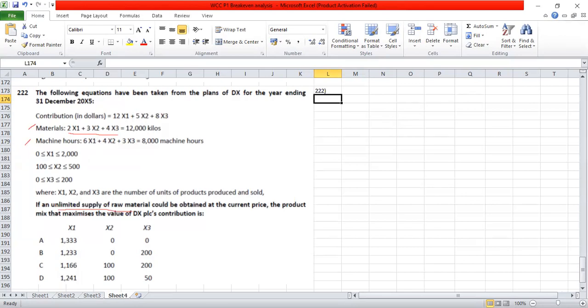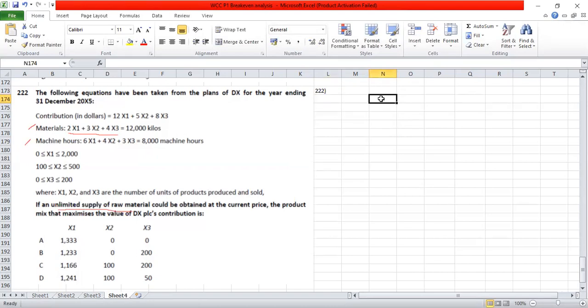The details mentioned about the two resources are material and machine hours, but there is a clear-cut mention that raw material is not a constraint. There is an unlimited supply of raw material. It can be used as much as it is wanted. So what about the other one? There is no mention, so that is a constraint. So in that case, we have to find out the contribution per unit of